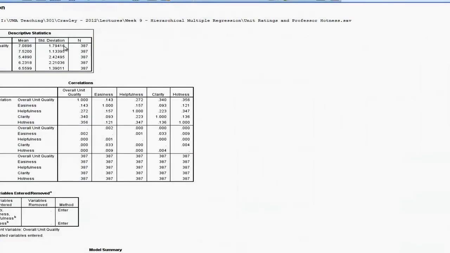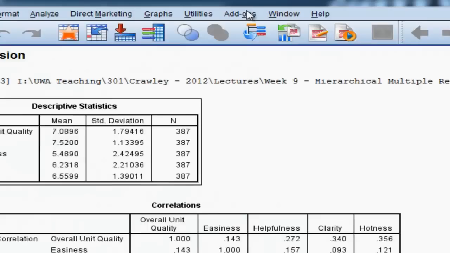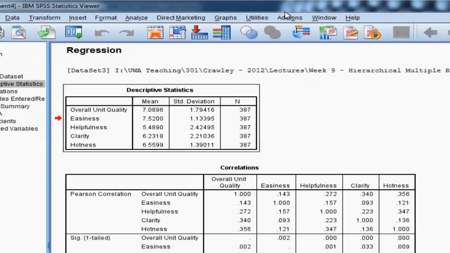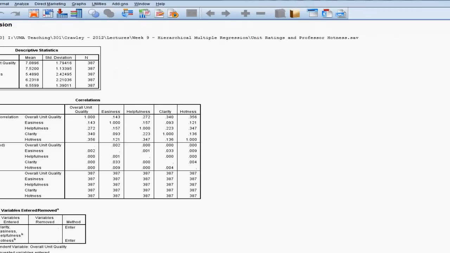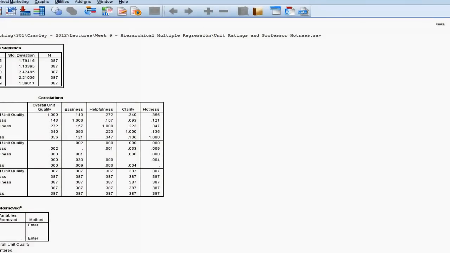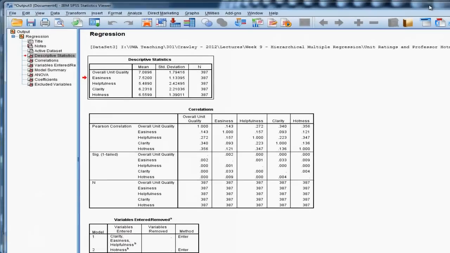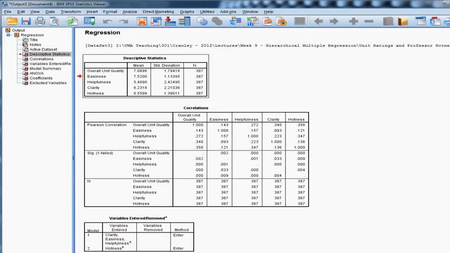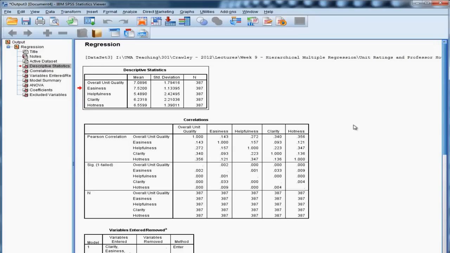And the first table that SPSS outputs, let me minimize this so that you can see the output a bit more. There's a big window. There we go. So we can see that the first table has the means and standard deviations. Let's just say that they were rated on